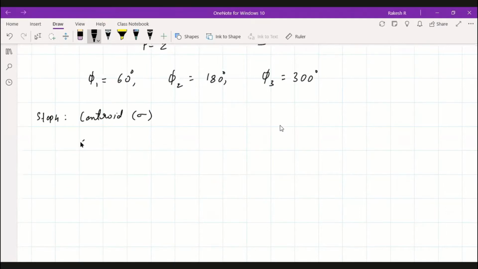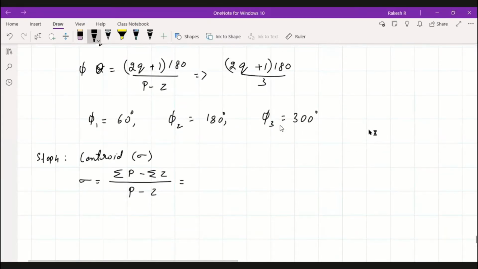So what is the formula we have? The summation of real parts of poles minus the summation of real parts of zeros, divided by the number of poles minus the number of zeros. Now, what are the poles we have? s equals 0, and we had minus 1 plus j and minus 1 minus j. These were the 3 roots of poles. For this centroid, we need to find the real parts of the poles.